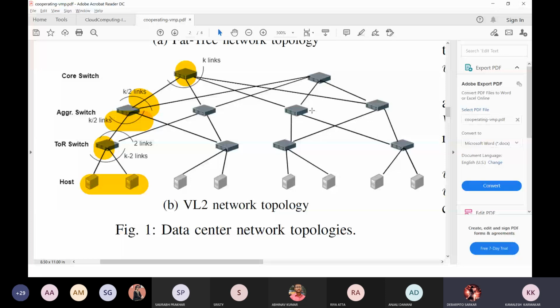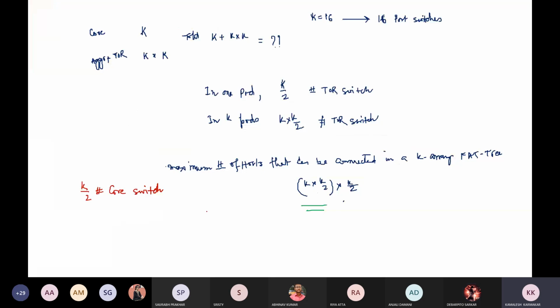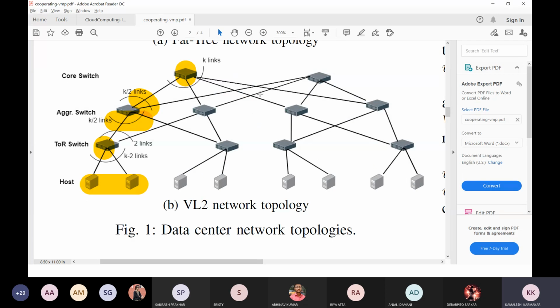Okay, so in the form of k, what will be the value? Just for example, if k equals 8, what is the value? In this example, the value of k equals 4.